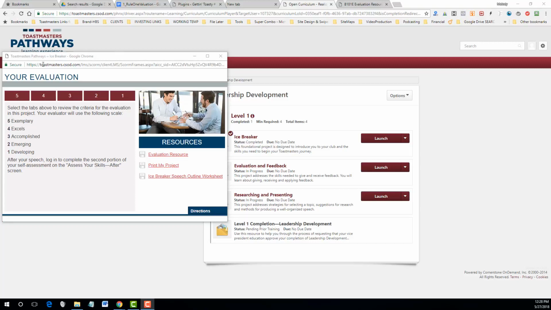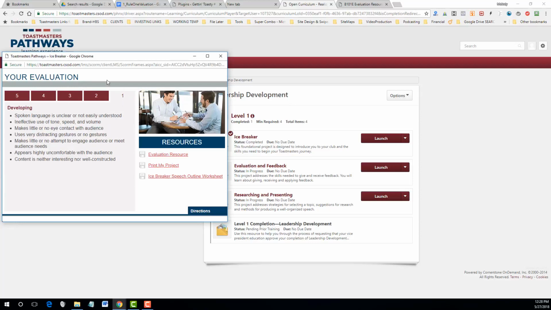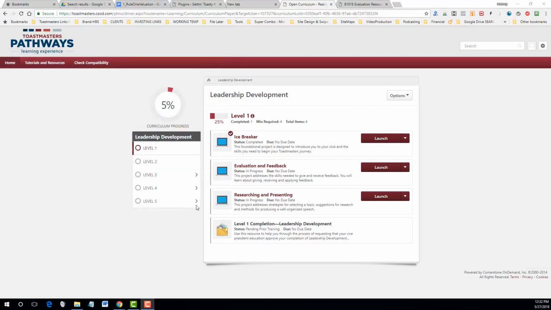And I can use these numbers. All this does is just give you guidelines on what 1 through 5 means about your evaluation. So these are just resources and references. Once you've done your speech, this is not actually where you go to enter your evaluation information. So we'll close this window out. I'm going to cover just a couple more things, and that is that